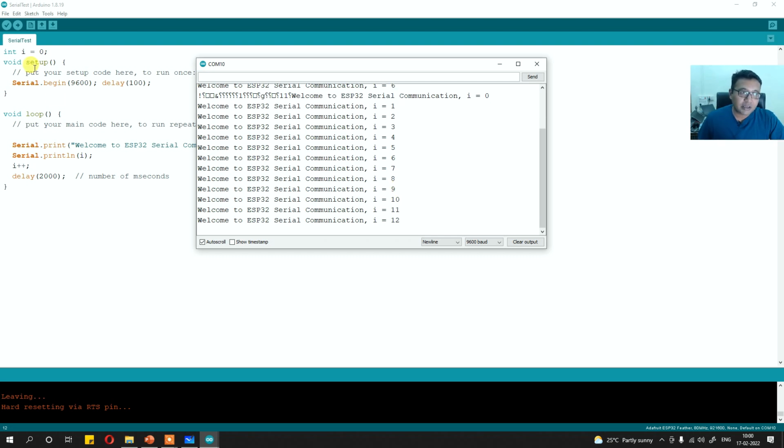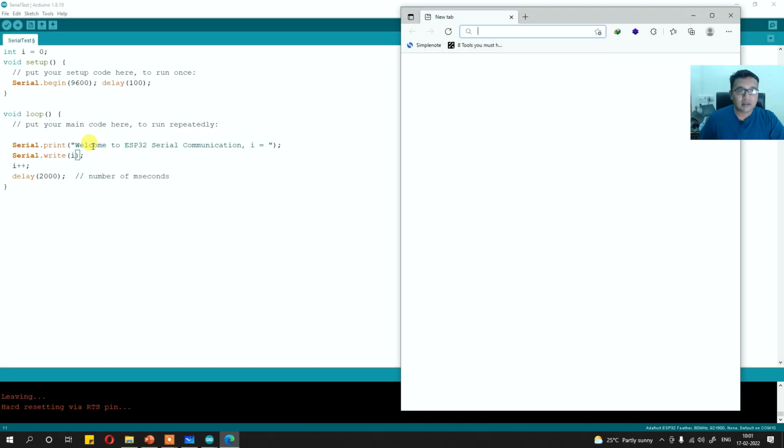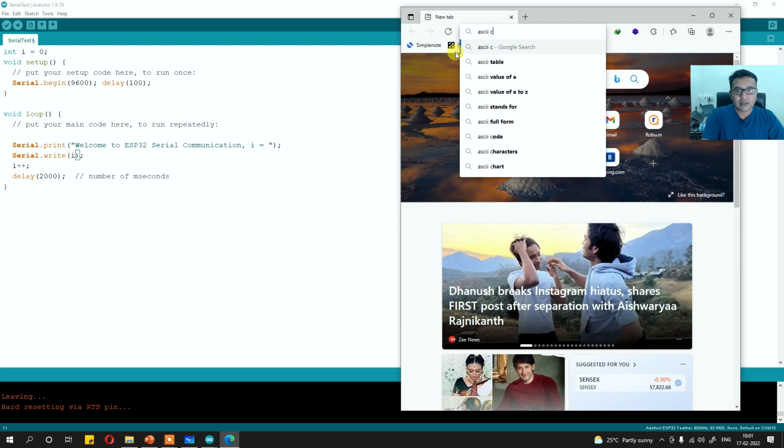One thing is interesting here. The 0 is actually a decimal 0. It's not ASCII. Serial.println will convert it to ASCII. However, if I write Serial.write, then it will directly send 0 as it is to the computer. And if I open a browser and look at an ASCII chart,